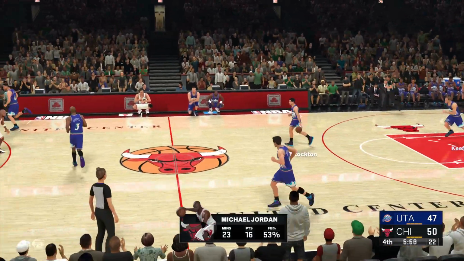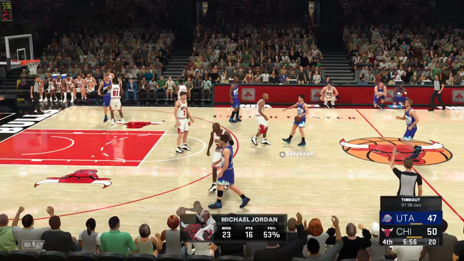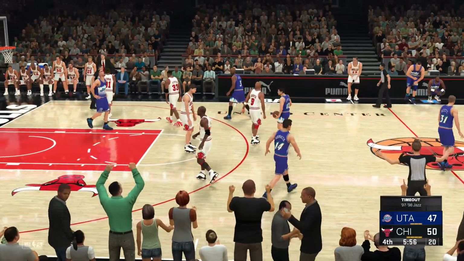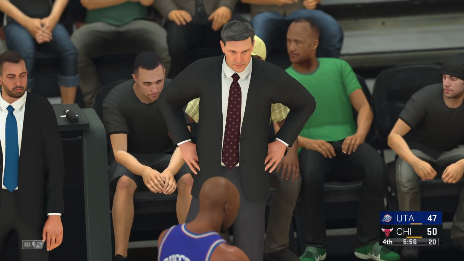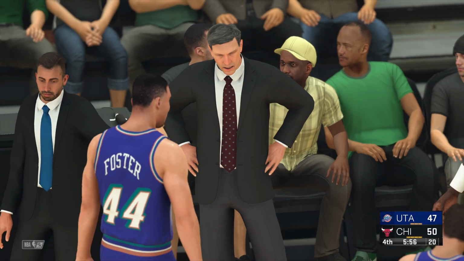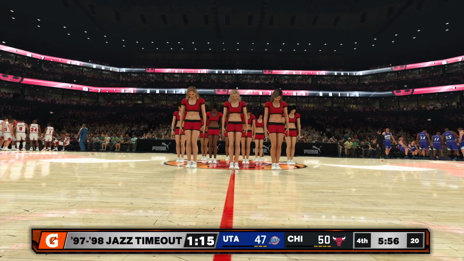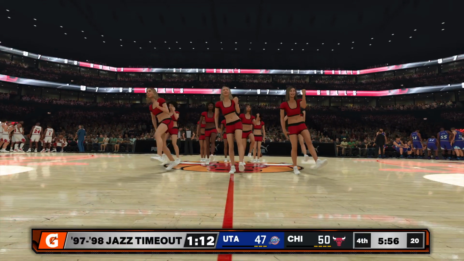And not much else you can do. I mean, defensively, you try to make it hard on Jordan without fouling, but he's just too dialed in. And the Jazz call time here. They're trying to stem the tide here. On the wrong side of the scoring run here, we might see a lineup change. I'll be pretty curious.